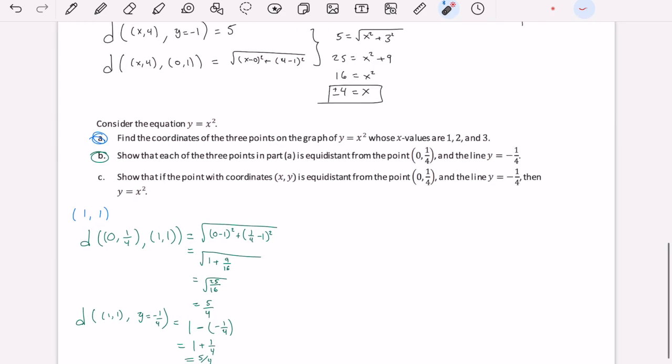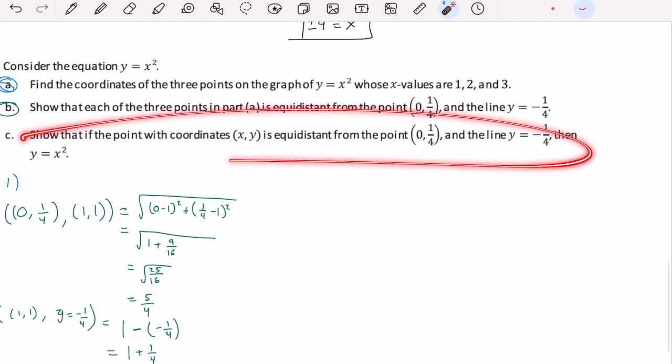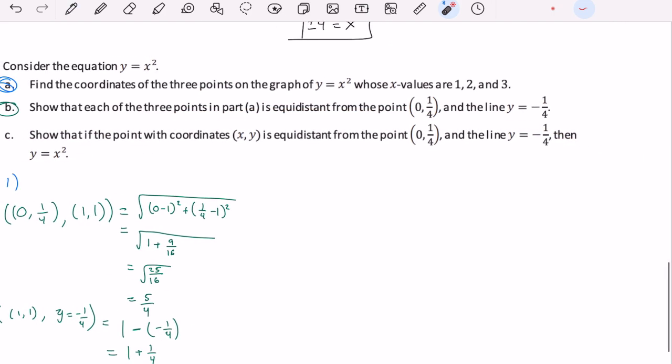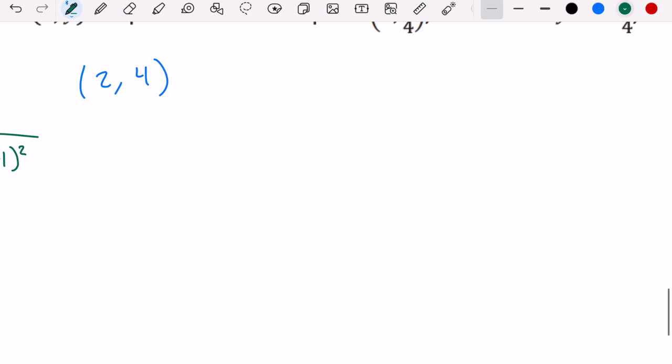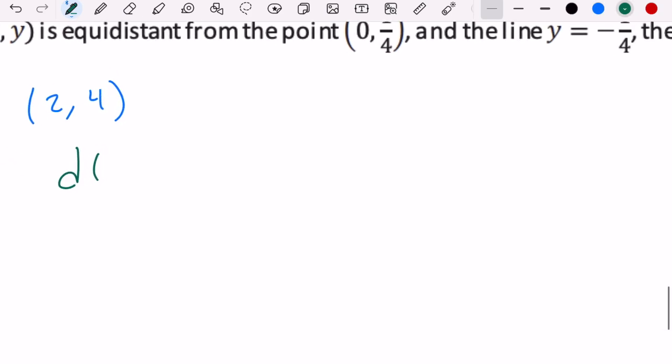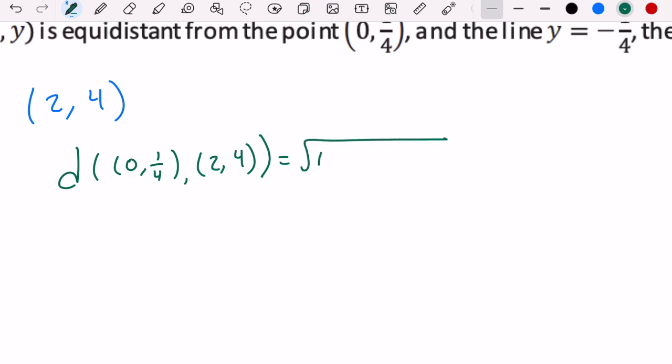Excellent. I'm just gonna do another one because I won't have space and I want to do the last one. The other one is 2, 4, right? So what is the distance from point 0, 1/4 to the point 2, 4? Well, that is the square root of 0 minus 2 squared plus 1/4 minus 4 squared. So that is 4 plus